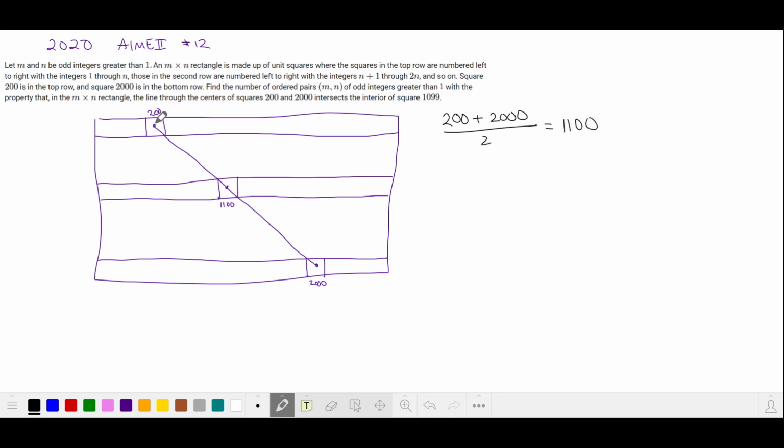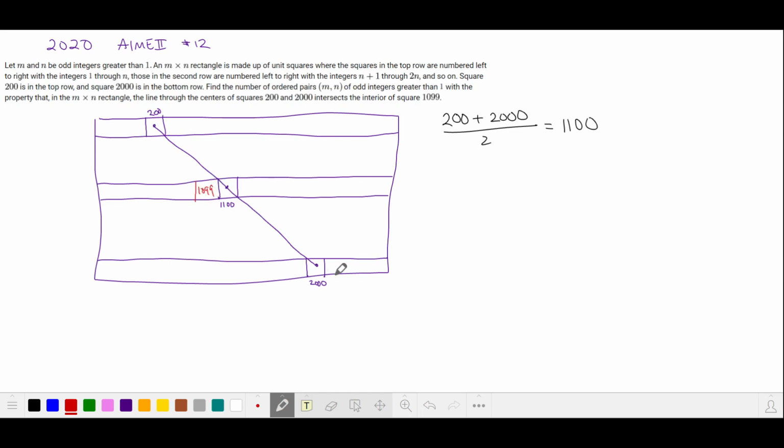And I argue that if we join the center of square 200 to the center of square 2000, it will pass through square 1100. And if the slope is -1, it's going to pass through the two corners of this square. This is an interesting square to us because we are interested in the square just to the left of it, square number